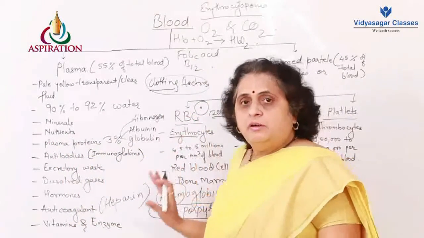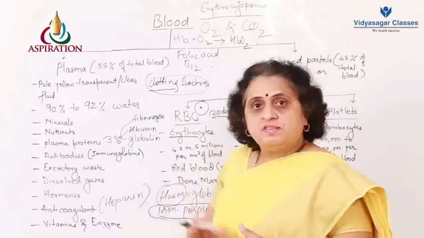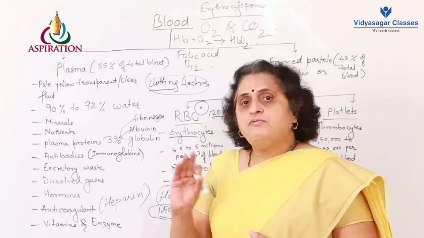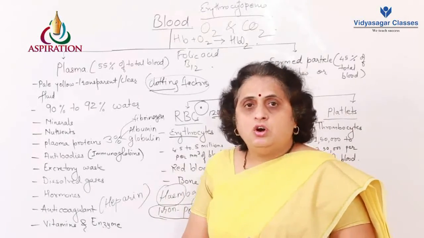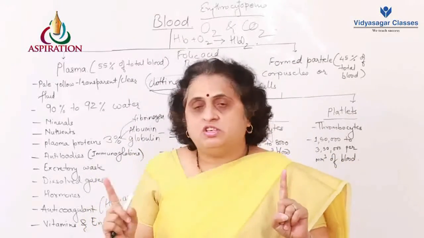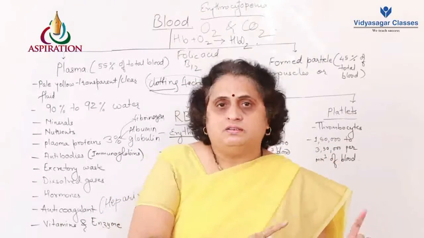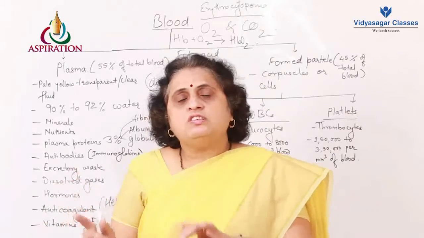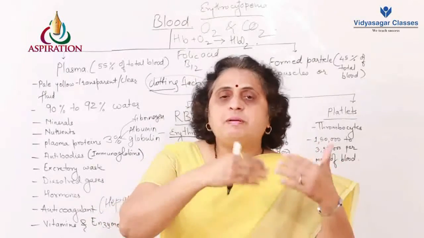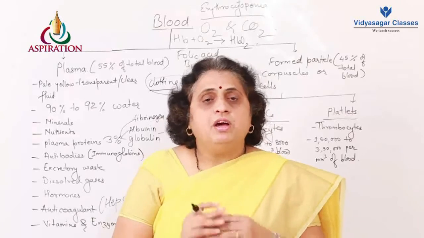As we have discussed about the RBC, we now know that RBCs are the most important corpuscles in the blood. They are going to carry the oxygen from the lungs to the cells, and from the cells they take the carbon dioxide. As we have discussed, hemoglobin is going to bind with oxygen to give oxyhemoglobin. This phenomenon takes place in the lung, whereas at the tissue level, the oxygen will dissociate from the hemoglobin and be made available to the cell. So oxygen is transported with the help of RBC.